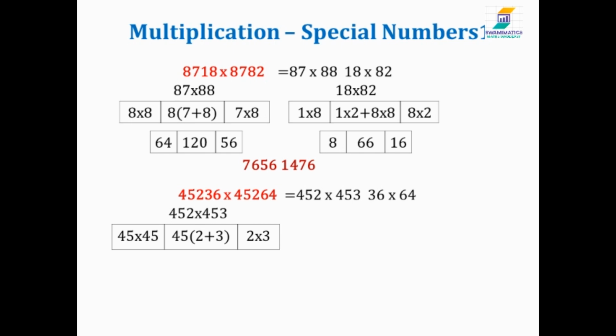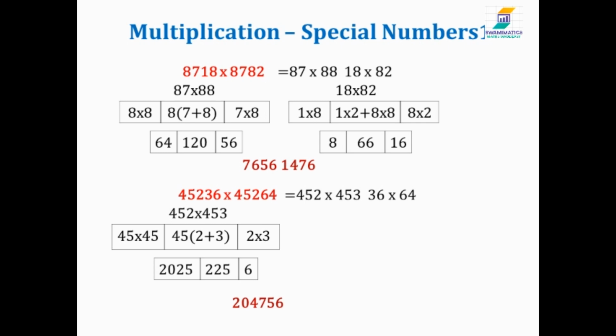The next one is 45 into 2 plus 3, and the last one is 2 into 3. 45 square is, we have already learned, 4 into 5, 5 into 5, 20, 25. 2 plus 3 is 5, 5 into 45 is 225, 2 into 3 is 6. Taking single digit at a time, the answer becomes